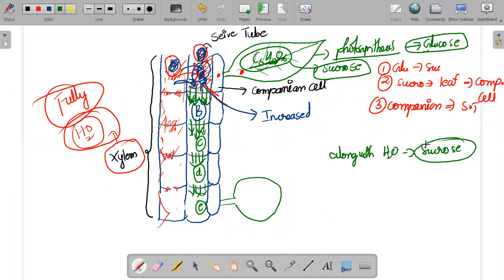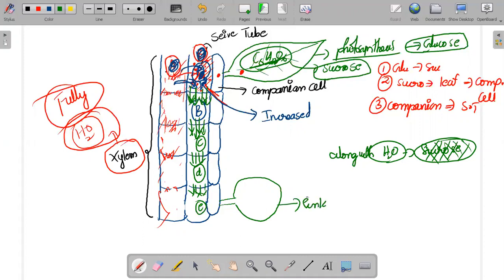You have to remember that. Here we are not transporting only water. Along with the water, the water concentration will be lower, but the sucrose concentration is super high, very, very high. So sucrose molecules are directly getting transported along with the water to the downside, up to the E cell.